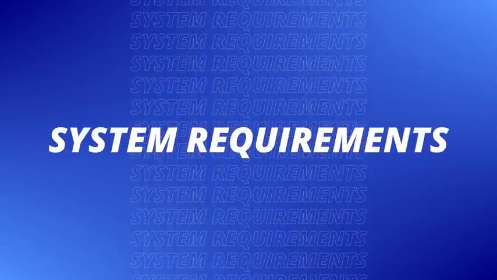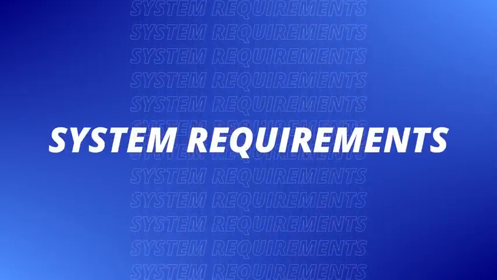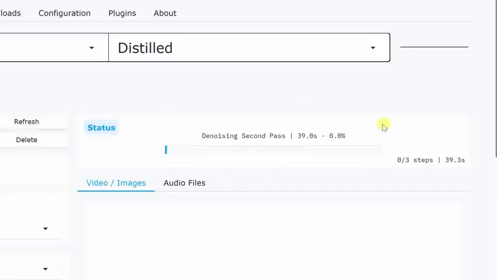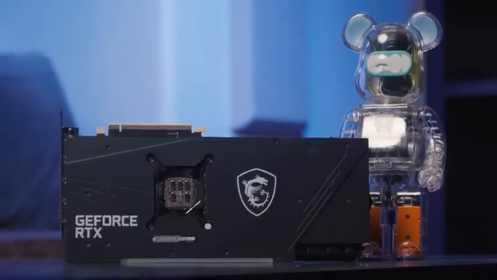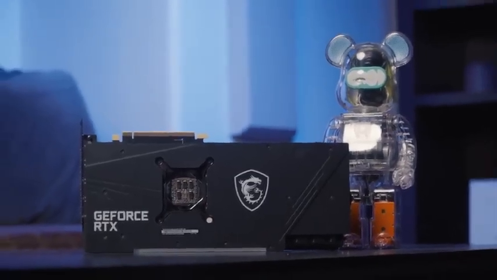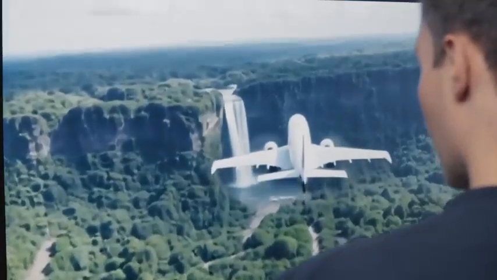First off, you'll want to check your system requirements since this is running locally on your computer. Generating AI video is resource intensive, but even lower end machines can handle it surprisingly well. You'll want a computer with a dedicated graphics card, ideally an NVIDIA GPU. You can get this running with 6 to 8 gigabytes of VRAM, but more VRAM will give you better performance